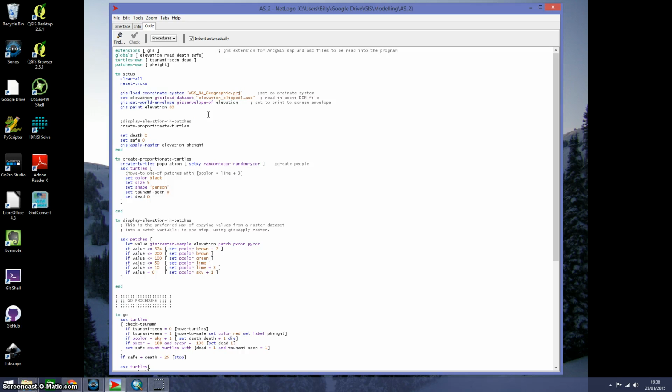Me, James and Andrea put it into NetLogo, mainly Andrea on this front actually. He's got the geographic data into NetLogo. It did have the elevation, the shapefile for the outline of the country, and the shapefile for the roads. But we realised with our plan we don't really need the shapefiles, so we've got rid of them. And all we have at the moment is the